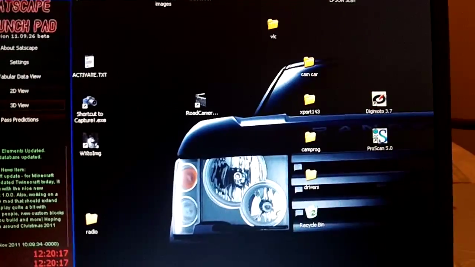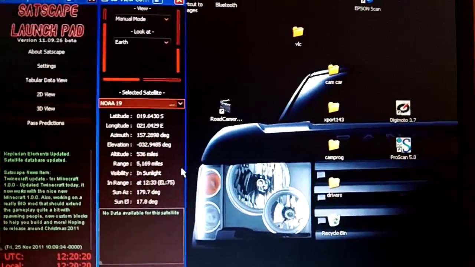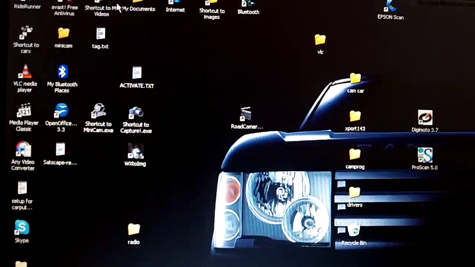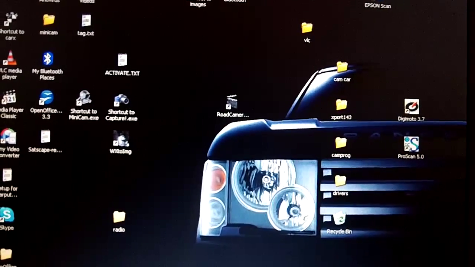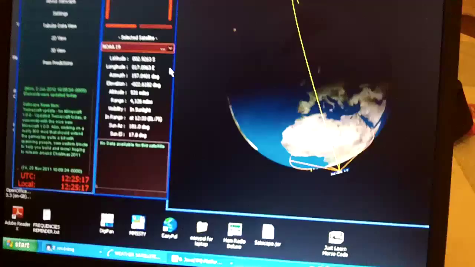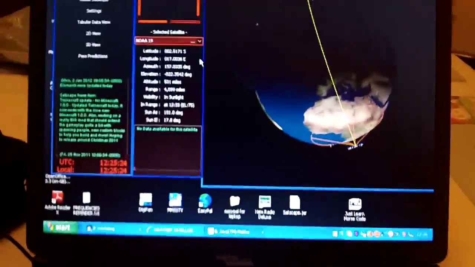Okay, so what I'm going to do is close down those two there, and Satscape's disappeared now, and we're going to go back to Wxtoimg, where we're still waiting for the NOAA 19 to pass over. Got 14 minutes and it's due to be with us. Okay guys, there's a few minutes yet before the satellite's actually due to pass over, but I just want to show you